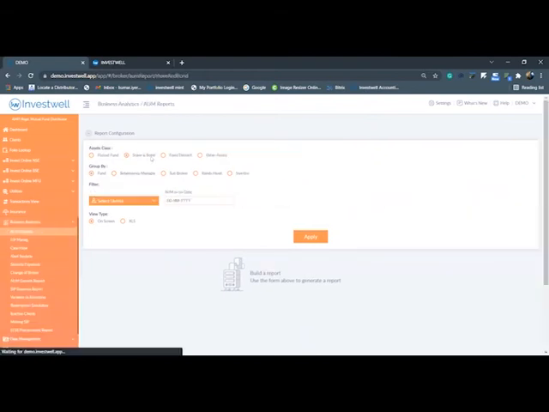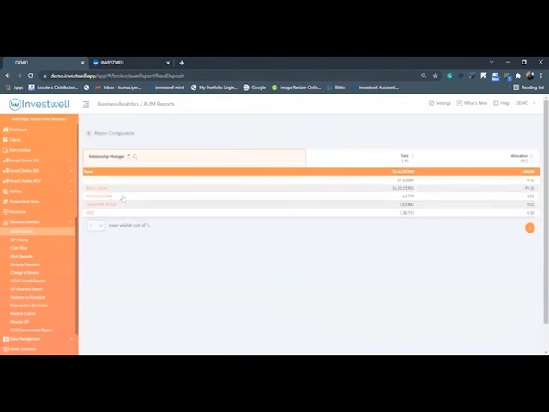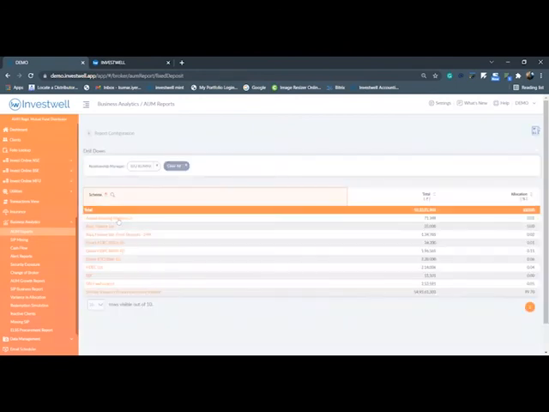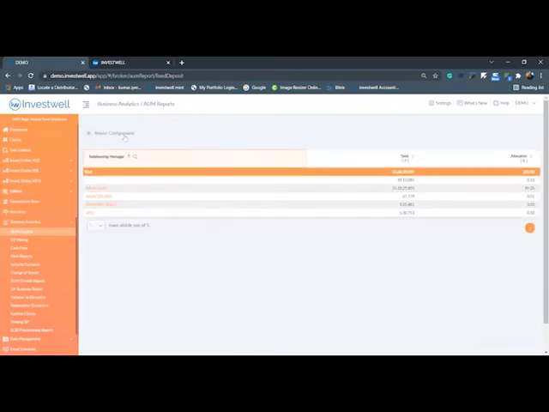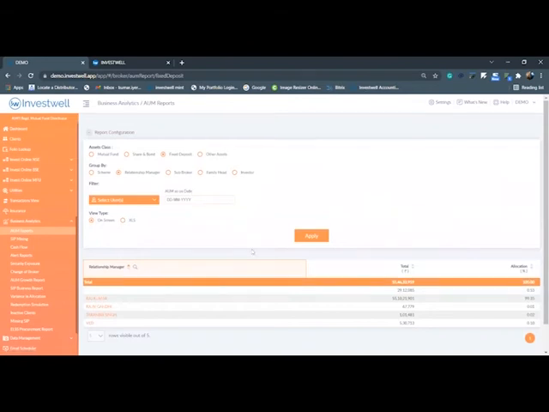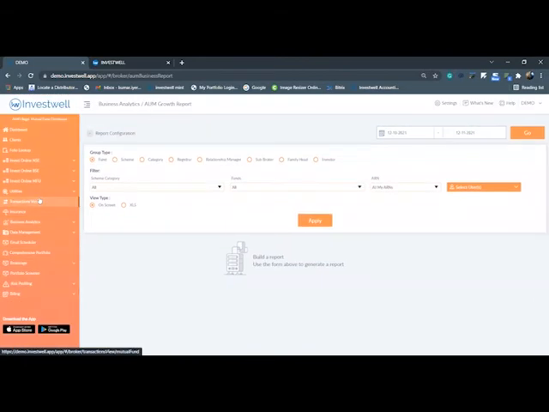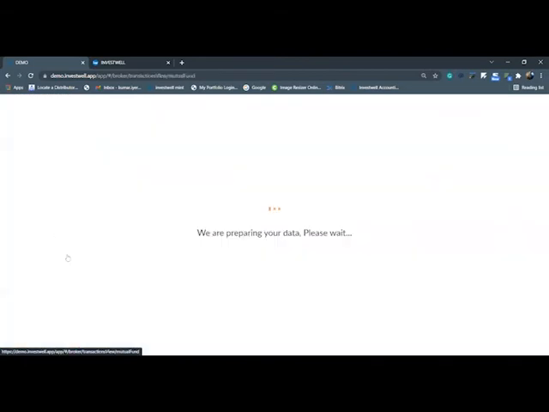Under the AUM report, you can specifically choose shares and bond or FD, and you can generate it RM wise. It will give you the list of RMs. And if you click on a specific RM... No, I want between the dates. Like I want to see month ending, this month end, like October 1st to October 31st. How many fixed deposits are done by a particular RM? That type of reports.